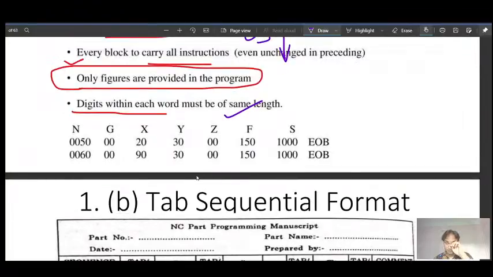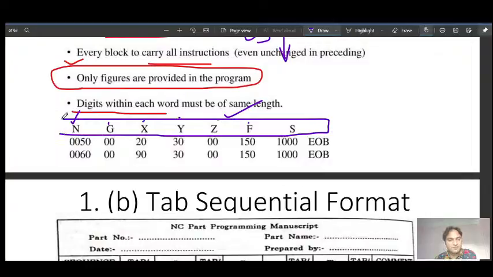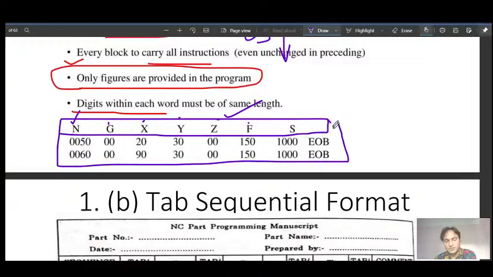Now, see, this is a typical program. Here what we have: sequence number, G code, X, Y, Z, F. So it is at the top. We will write this one this way, 4 digits as you can see. Next here, this one 0 0 0 0 every time, 20 90 30 30. These two are same, these two are same, then these two are same, 150, these two are same, these two,